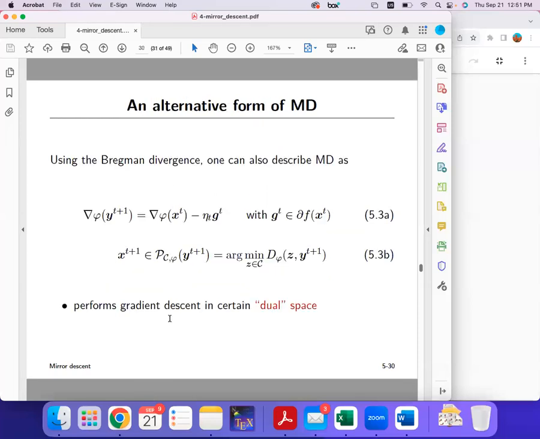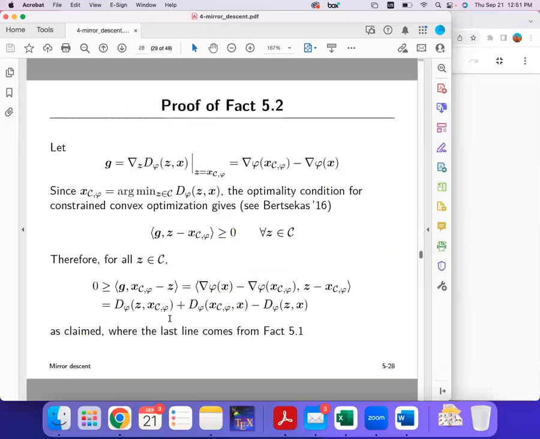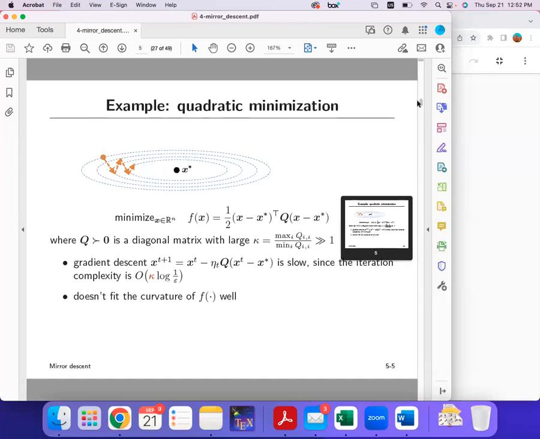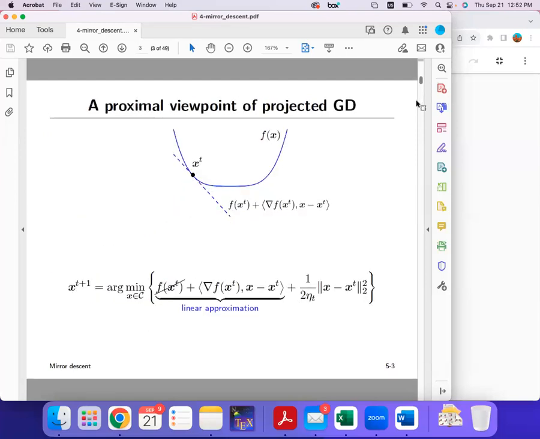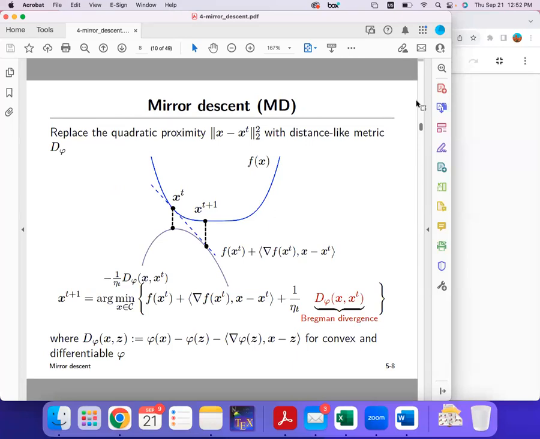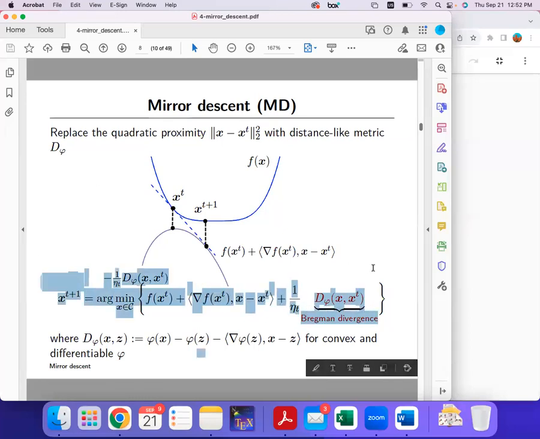But later on, people realized that that algorithm is actually equivalent to such an update rule, which is more intuitive because